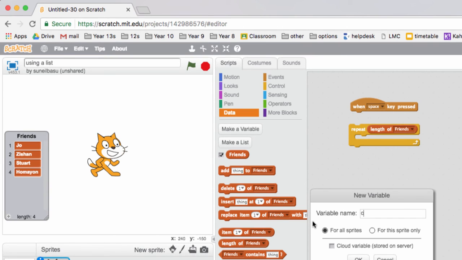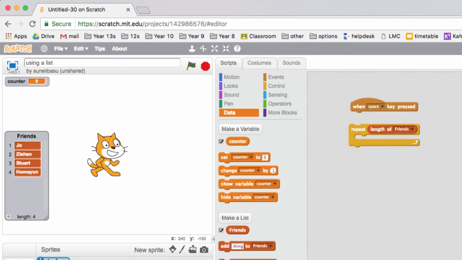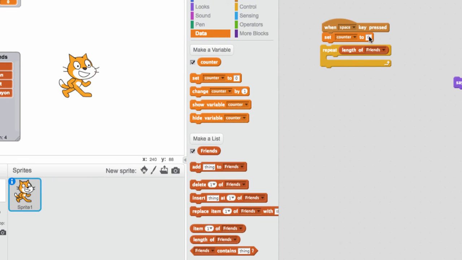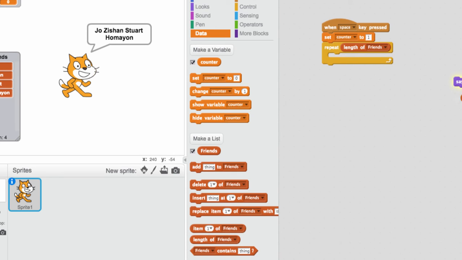I need it to count those numbers, so I'm going to create a counter, and I'm going to set the counter to, what's the first one in the list? 1. When the program starts, set the counter to 1. Repeat for the length of the list of friends, and I am going to say,